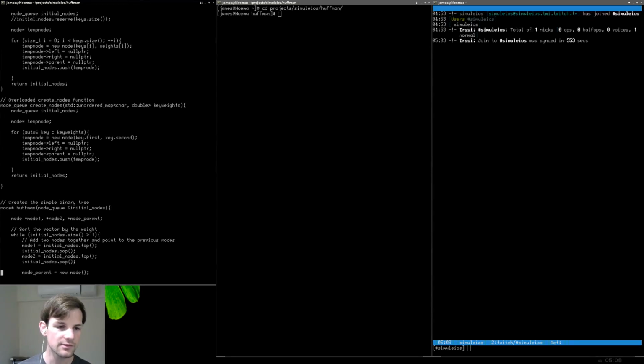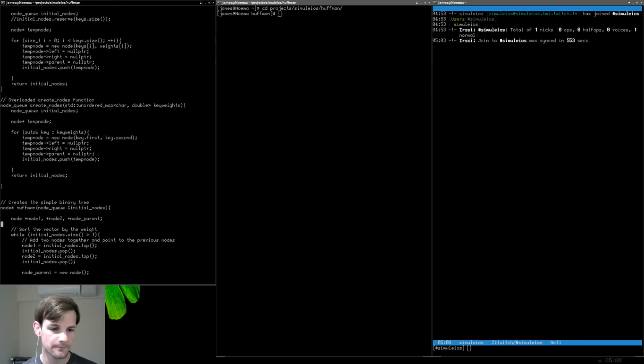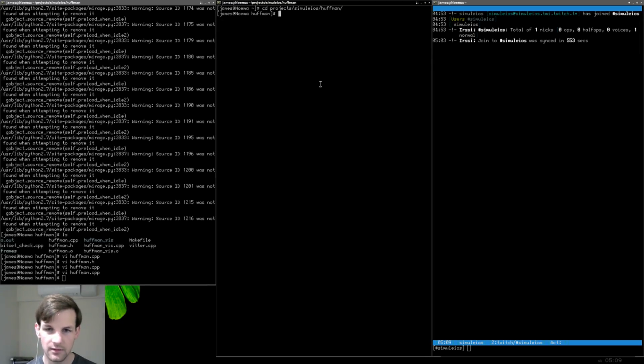Okay, so what we also need is a third node queue create nodes that goes through with just the parent node. And this one's not going to be so bad, I don't think. I think it's going to be pretty easy to do. So let me see. Node queue create nodes with an unordered map and key weights. Okay, so let's do this. We're going to go down here. Let me put this in the other terminal. Right, quit. And then let's go here and vi